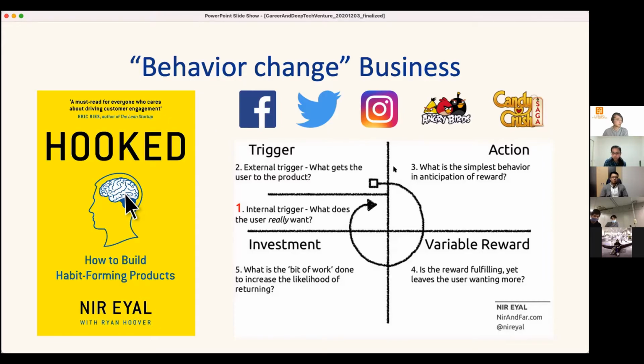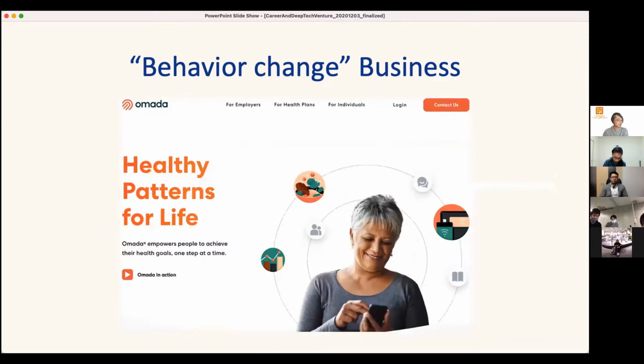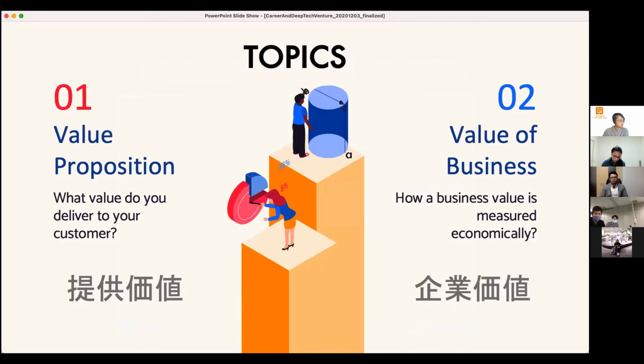So it will be very helpful for you to think about this mechanism for good things. And actually this type of mechanism is built into many startup services in the United States. This is just an example. Omada Health is a service for people with diabetes, and it is a very famous and popular one. They use that type of Hooked, addictive technologies to let people get exercise or something like that.